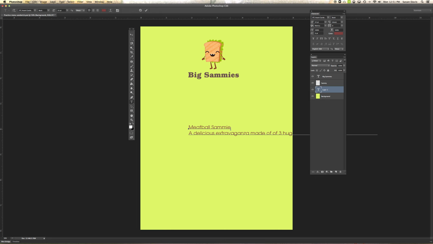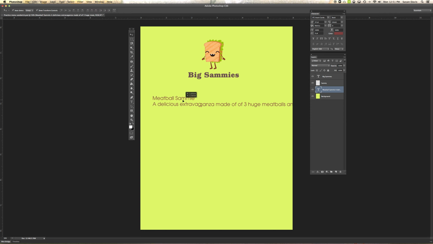Okay. Delicious extravaganza of 3. But I can't read it because I have to do some line breaks in here. So I select my move tool. I'm going to move it onto the page. I think that would look really bad to have the type description be the same size as the name of the sandwich. So if I highlight the description of the type, make it smaller, 12 point,